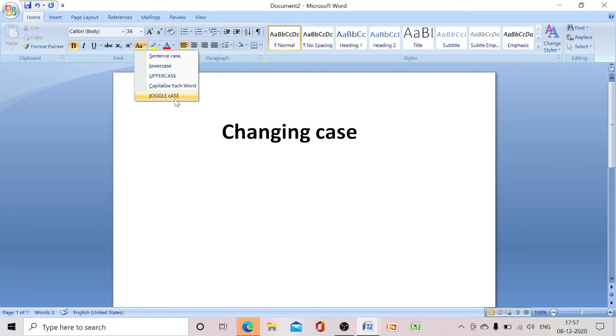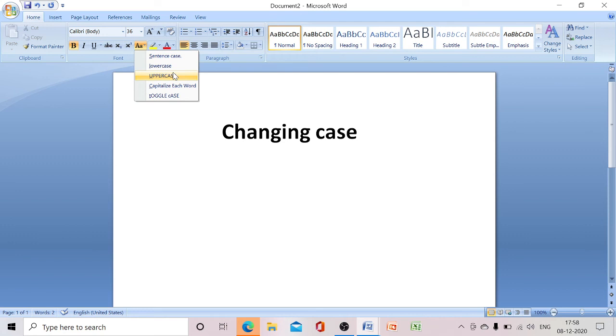Here, sentence case is nothing but it will capitalize the first character of the sentence. Lowercase will convert all the selected characters into lowercase. Uppercase converts all the characters into uppercase. Capitalize each word capitalizes the first character of every word.